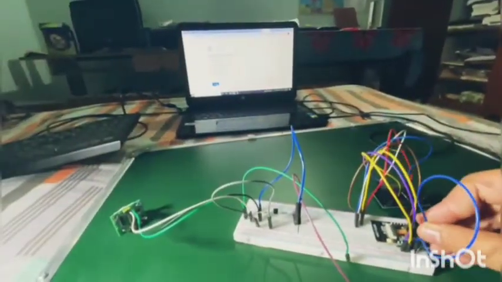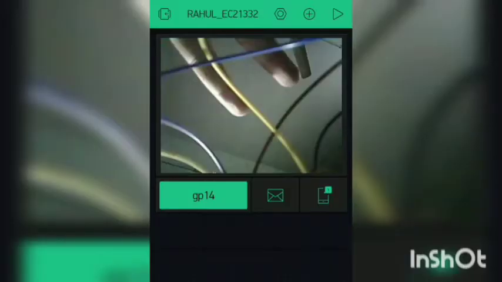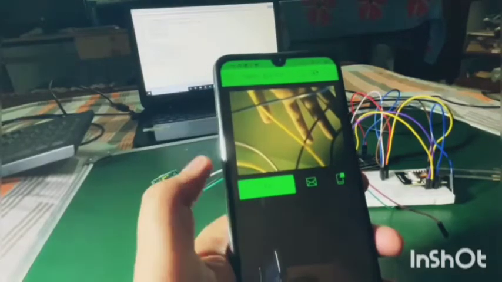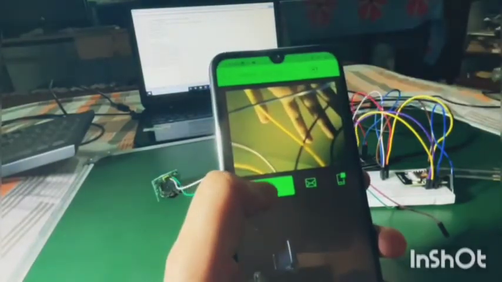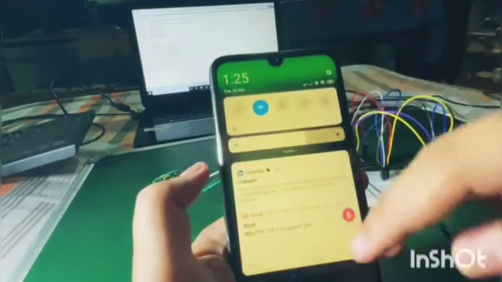So I have connected the Blink application and the LCD screen. So you can see the image captured by it. It will display on the ESP Blink app, and also to my mail that I have received a photo, and the IP address of the photo is received, so that I can see the photo on the net also. It is showing email sent.